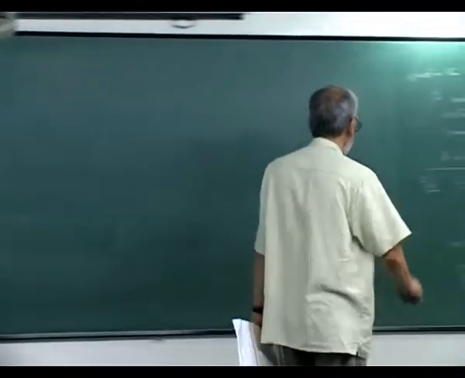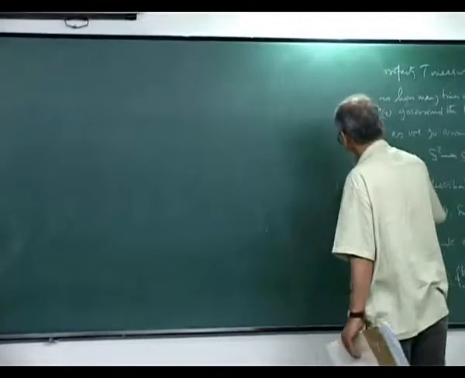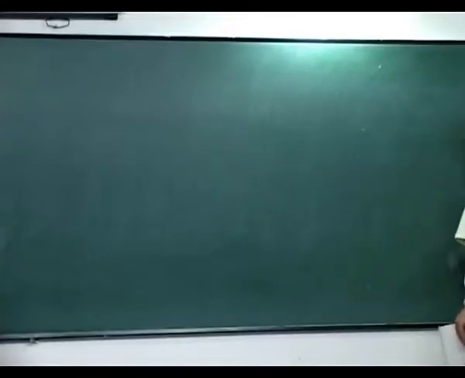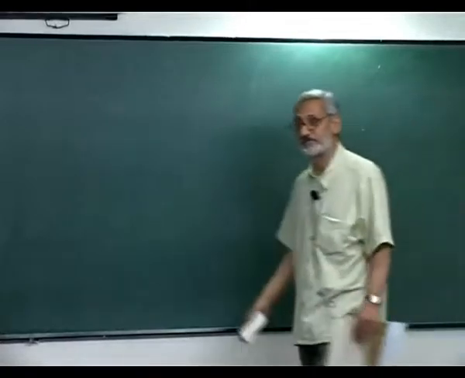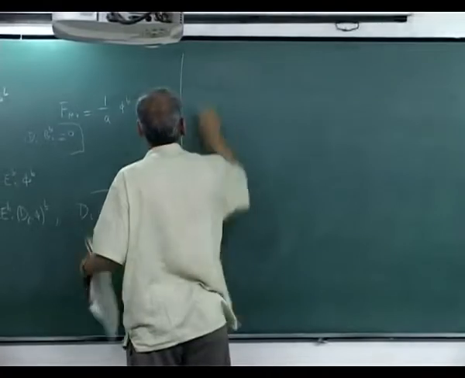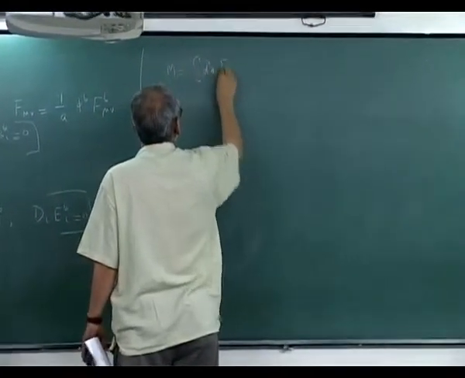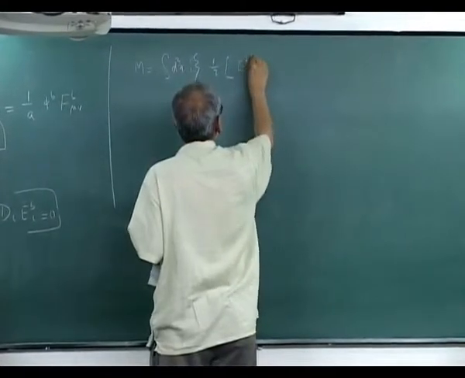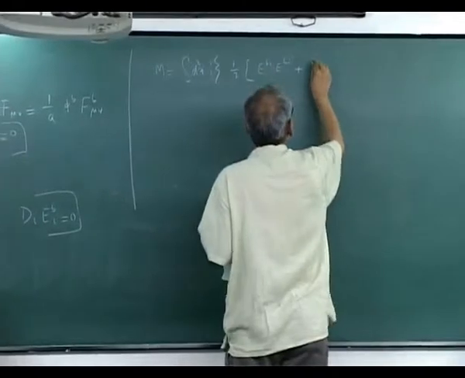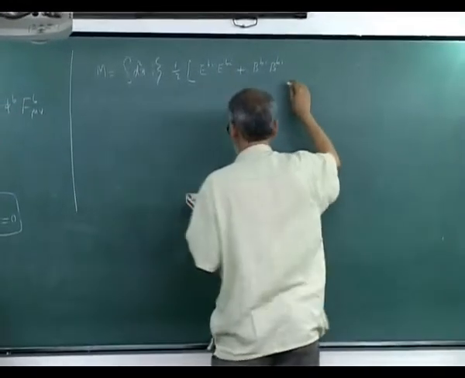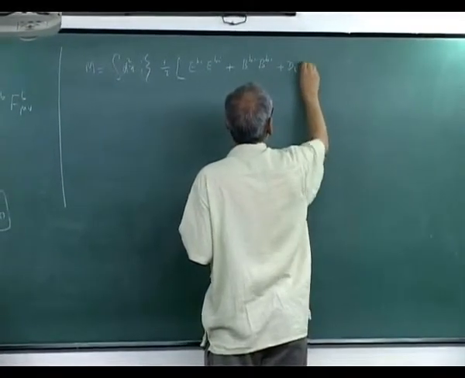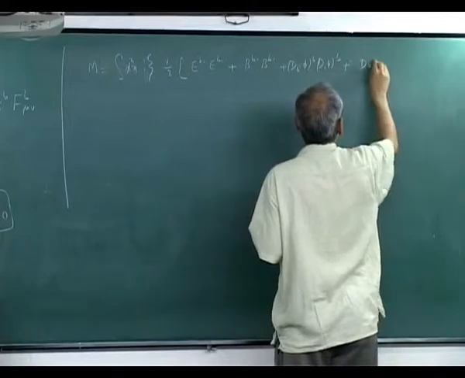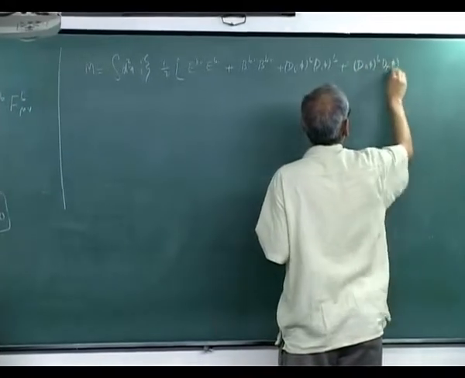Now, if I were to write the mass of such an object which has both electric and magnetic charge, we have worked out what the energy density is already, except that we now do not have to put the E square term equal to 0 there. So, the energy or mass is the integral d3x of half E_i^a E_i^a plus half B_i^a B_i^a plus D_i phi^a D_i phi^a plus D_0 phi^a D_0 phi^a